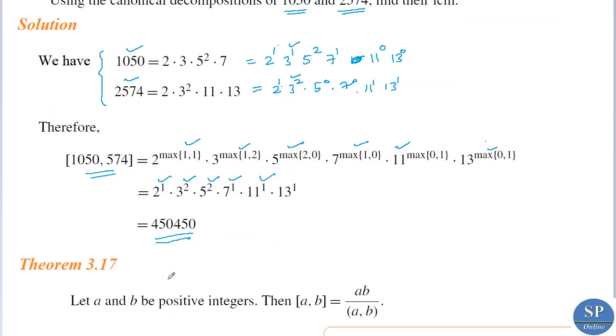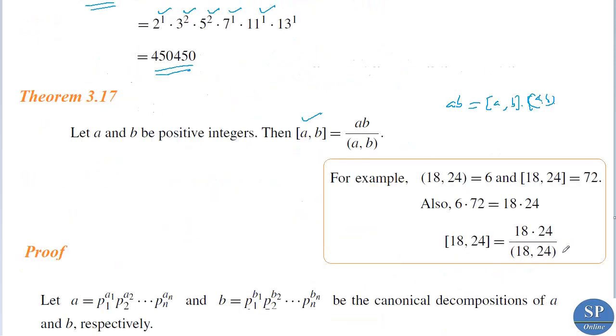Now we have a theorem. This theorem gives a connection or relation between the GCD and the LCM of two numbers. Let a and b be positive integers, then the LCM of a and b is equal to a into b divided by the GCD of a and b. Or we have ab is equal to LCM of a and b into GCD of a and b. For example, if you are taking